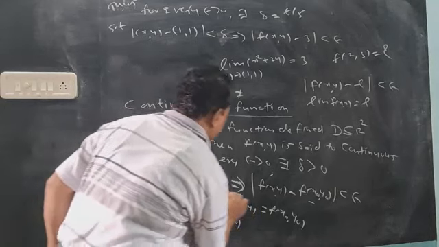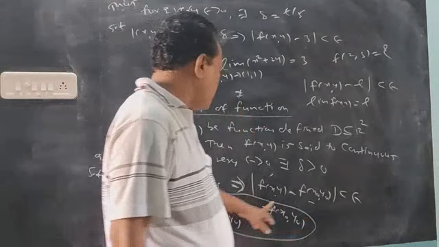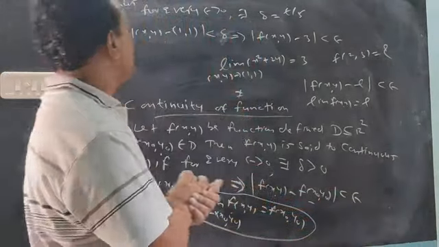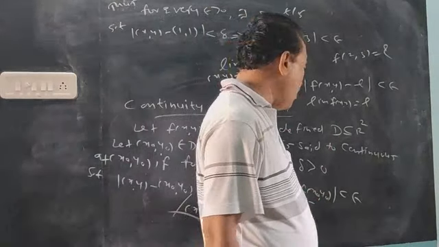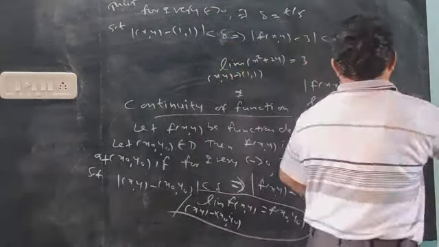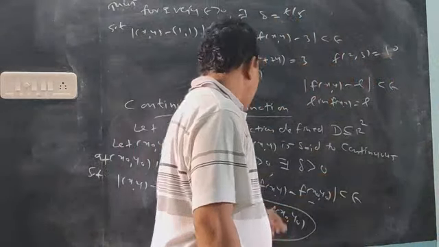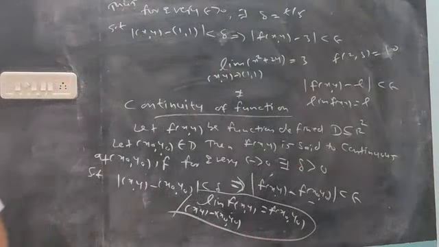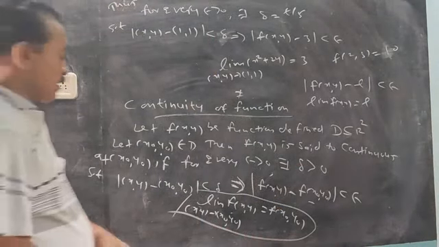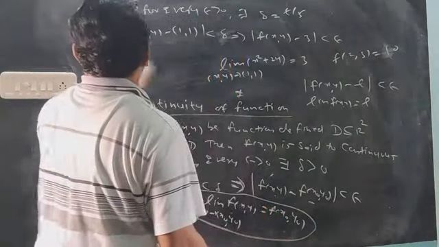Okay. So this is continuity. What is continuity? The limit of the function must match the value of the function. The value is any value, like 10 or any one. So this value and the limit value must be the same. Then it is continuous. So you have to check this: the limit of the function equals the value of the function. Okay, that is continuity.